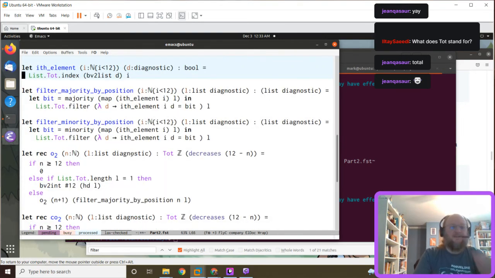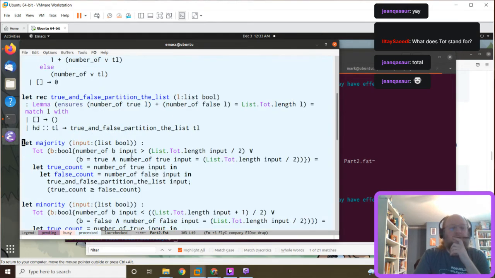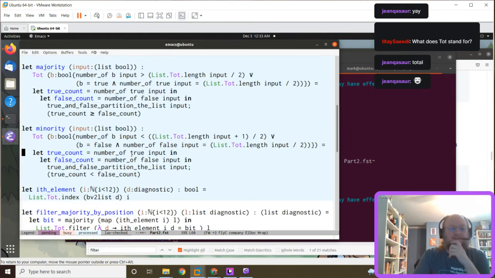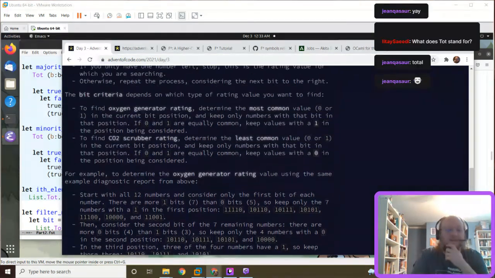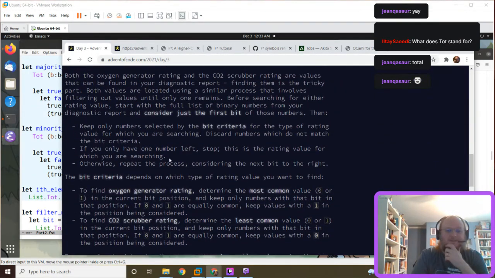Don't need that anymore. So it seems likely that if there's a problem, we screwed up the definition of majority minority. But I spent some time writing these conditions, and I kind of believe they're correct. And they type checked, so